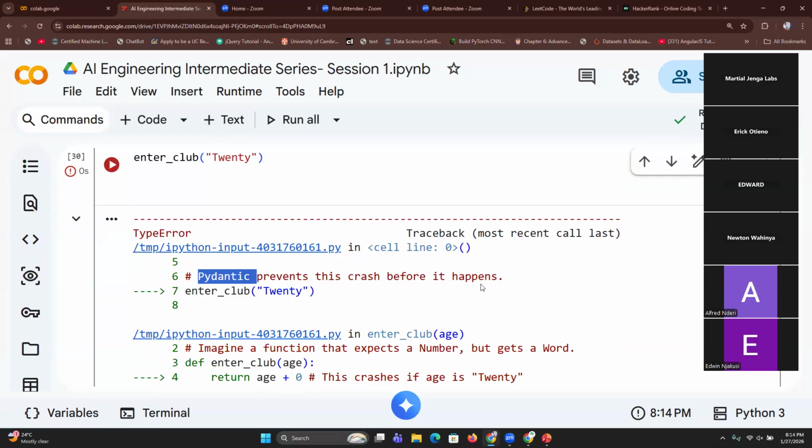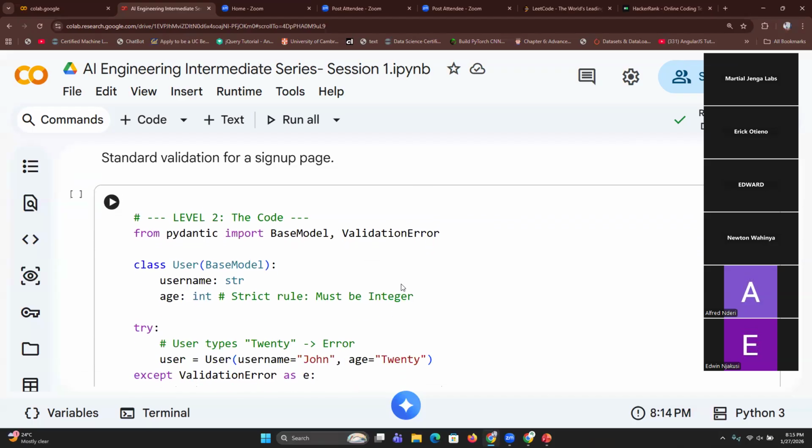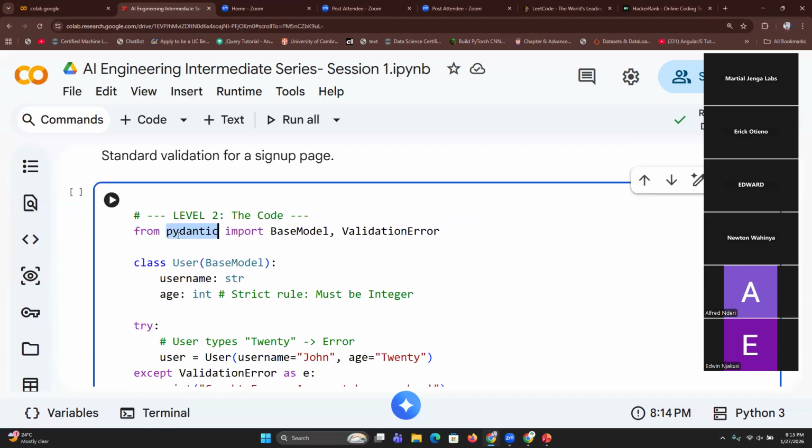What do you mean here? It means that if you have the knowledge of Pydantic in Python, you are able to figure out the type of data that we are expecting and handle it before we get an error. Let me show you how this can be done. So we can now say from a library called Pydantic, we can import the BaseModel and we can import a class called ValidationError. So remember, these are classes. If you've done OOP, these are classes. Just like we said, classes start with a capital. So there is a class called User,